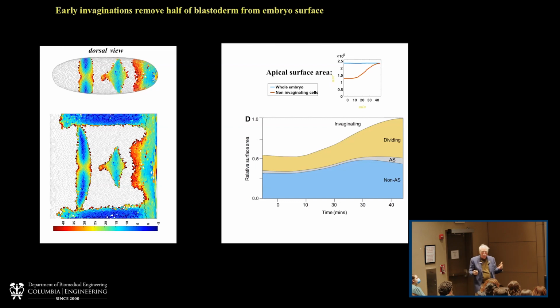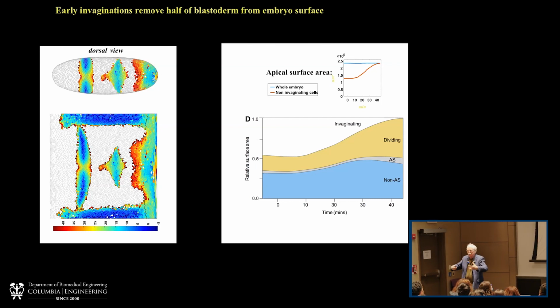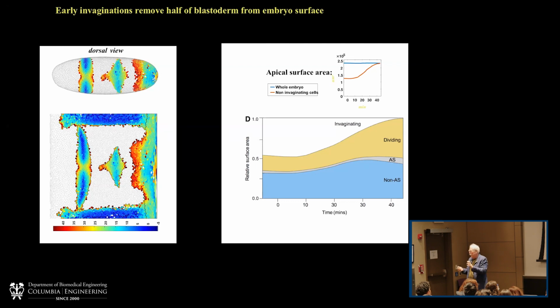And when you look at movies, and in this introduction, what I wanted to do is just play you some movies to try to get you into thinking about the process. You see morphological transformations, and our brains automatically look for what are the regularities, and then how do these things happen? Where are the forces being generated? What are active processes, and how do those active processes actually function? But are there what we would call passive processes, where cells in the embryo respond to morphological changes that are occurring elsewhere?